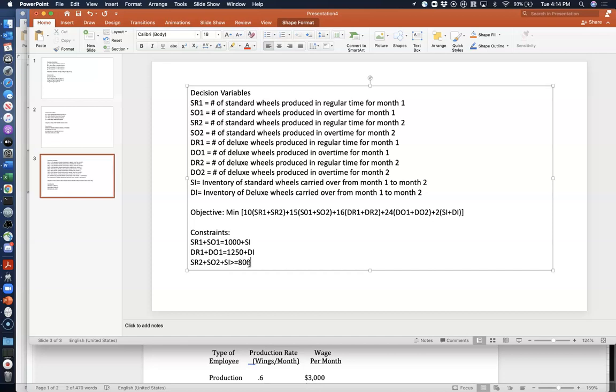You could potentially make more, but you very likely will not, because obviously this is a cost minimization problem and it doesn't make sense for you to make more than 800, but I'm going to leave that option open, right? Similarly for deluxe wheels, it's going to be DR2 plus DO2 plus,